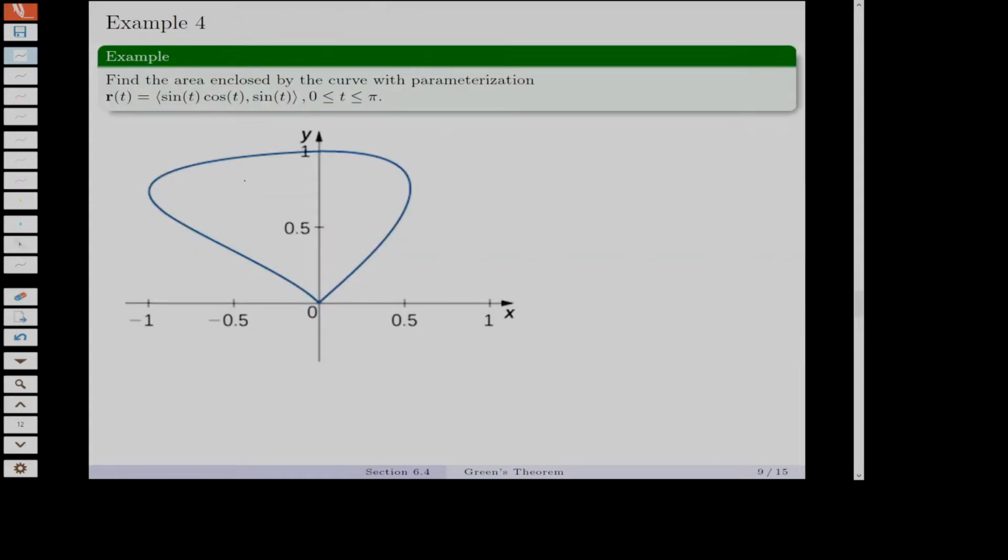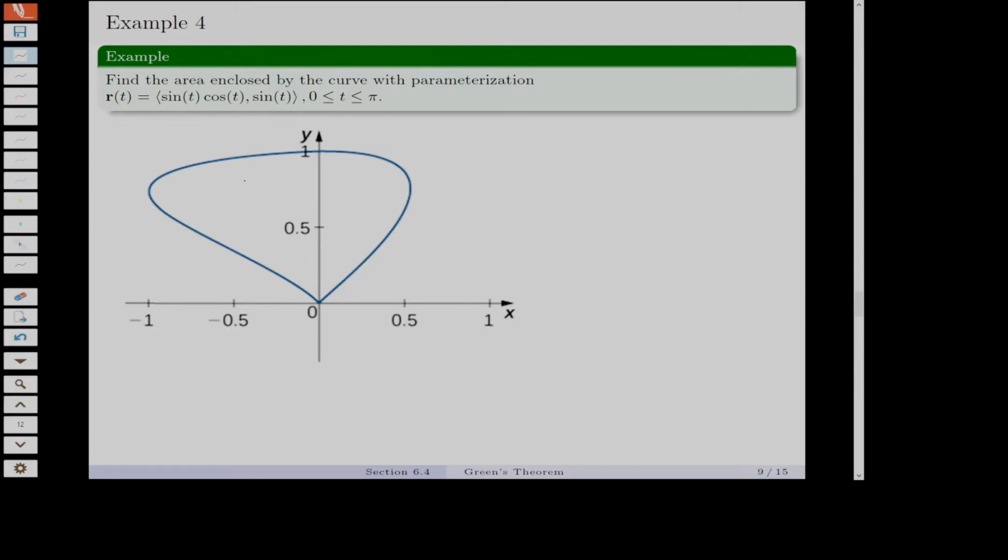All right, let's look at an example of that. Instead of something that we already know the area of, like an ellipse, let's look at some weird shape and say, can we find the area enclosed by this? This would be a little bit of a nightmare as a Calc 1 or Calc 2 problem,